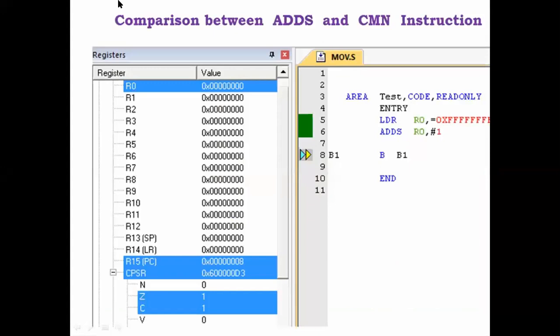So if you see the comparison between ADDS and compare and negate, see here, in the ADDS program, you are loading R0 with the maximum unsigned number, all F's. So ADDS means it updates the flags. After performing this instruction, the zero flag becomes one and the carry flag becomes one. R0 is initially all F's, and R0 becomes all zeros. So after performing this instruction ADDS, it updated the R0 register and it updated the flags